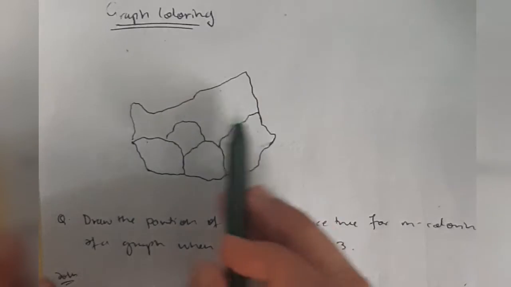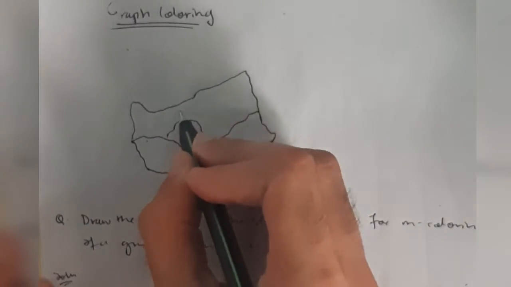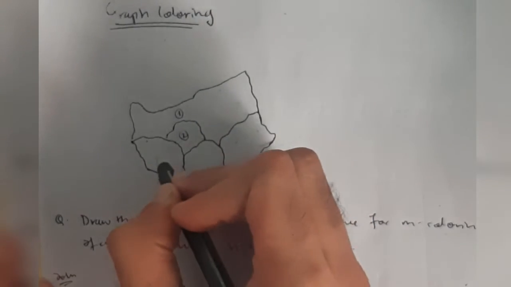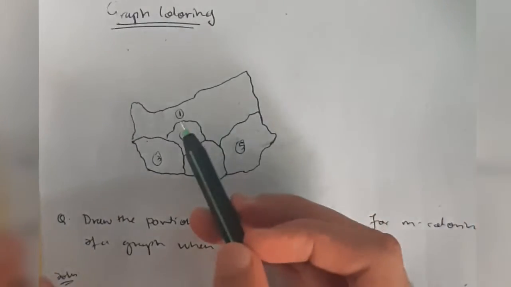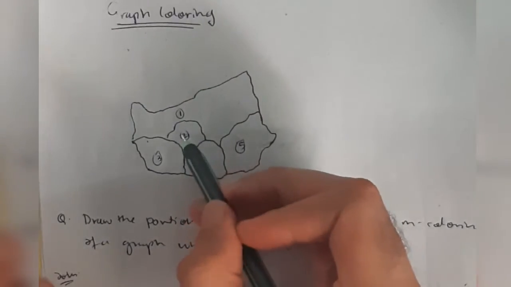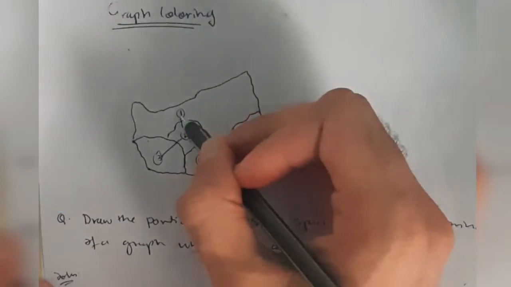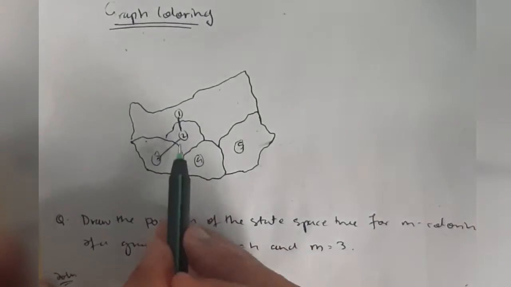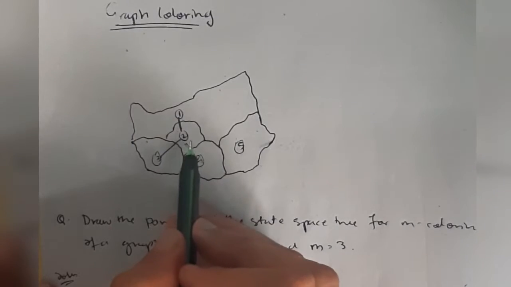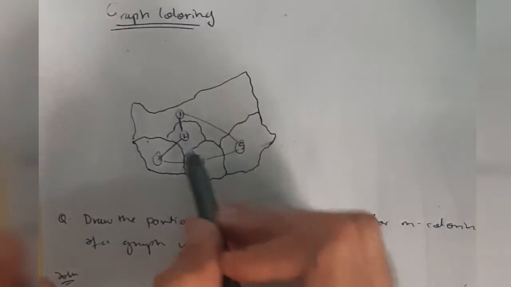So how can we convert this map into a graph? Mark this territory as 1, this as 2, this as 3, this as 4, and this as 5. After that, see here, these two have the same border, so make an edge between those two nodes, and these two have the same border. The sharing borders will have an edge between them. And 2 and 4 will be marked here, and 5 and 1, 3 and 4, 4 and 5, 3